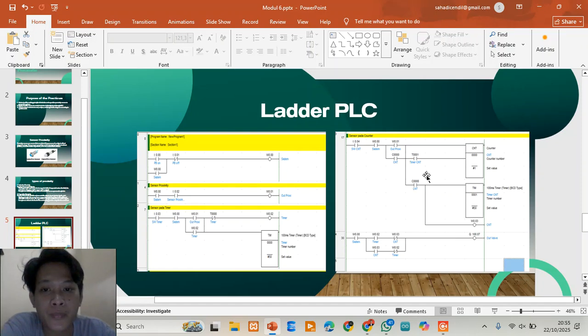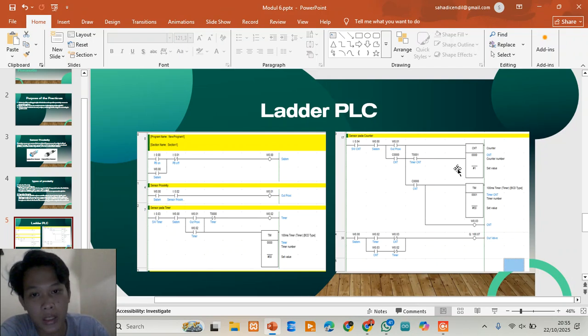The counter is set to 1 when detected, meaning that every time the sensor detects one object, the counter counts one.